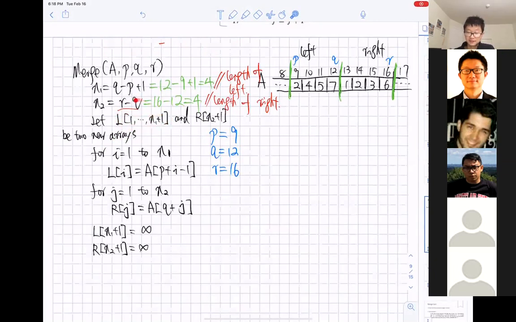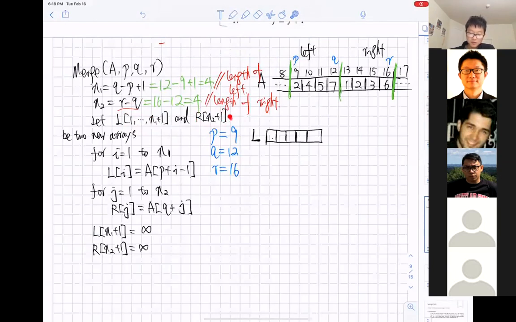So here we're going to create a new array L whose length is 5. And what about R?